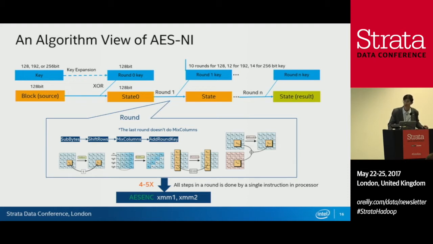So what AES-NI does is implement each round using a single instruction. For example, it uses AES-ENC for all the work that is done in a single round. So the only work that the user program does is combine all these rounds using a single instruction. So we can see a 4 to 5 times performance improvement using a single instruction for the AES round,